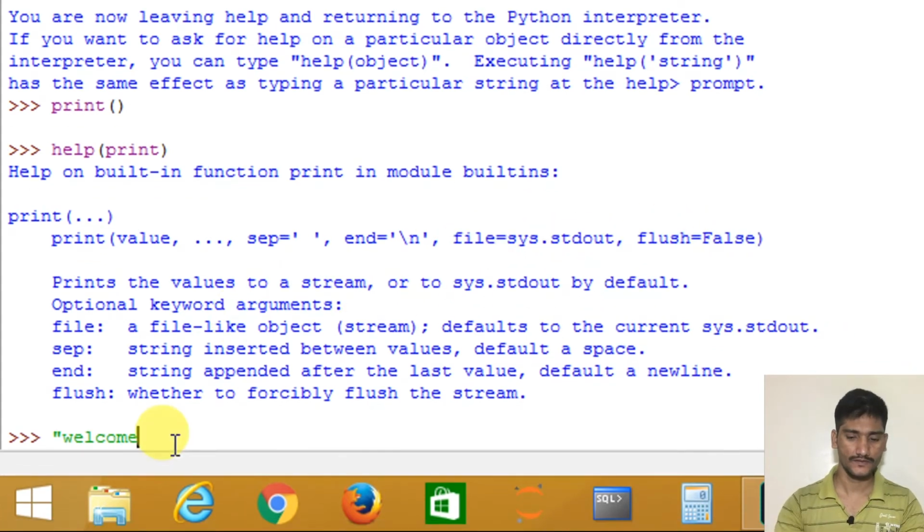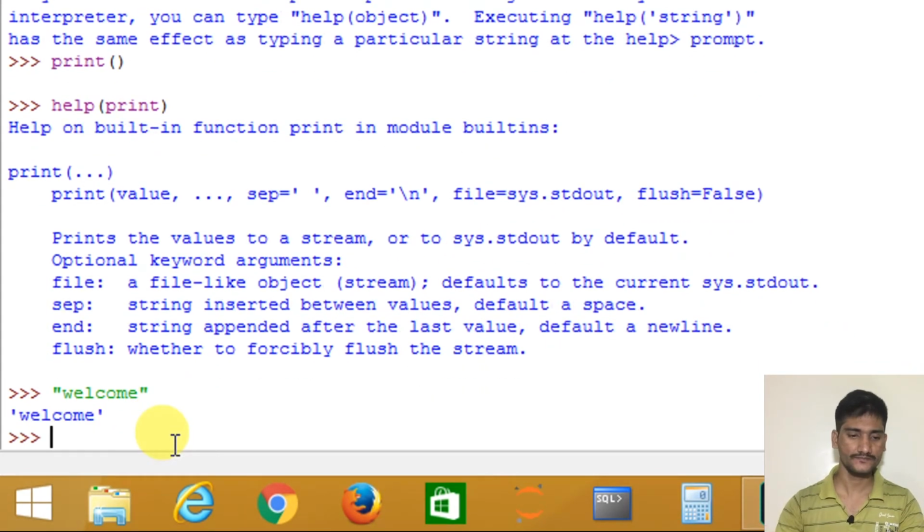It is flush. Welcome is a string, right? I am getting output like this, but I don't want these single quotes in the output. I am following your instruction when I write it, but in the output it is my requirement, so I don't want these single quotes. So what I need to do now is apply the print function. Within print you just need to write your string, then close the bracket.